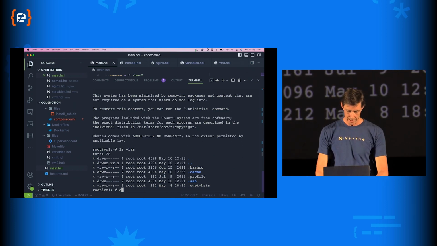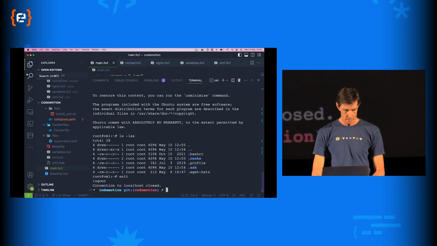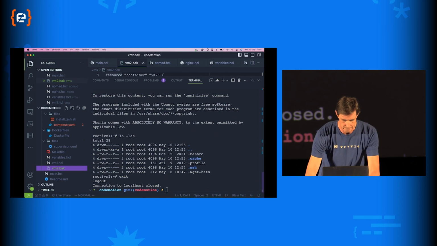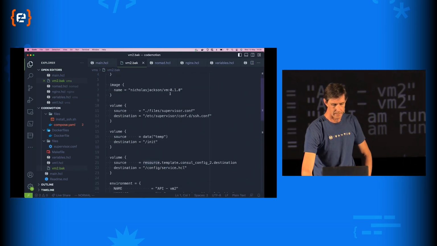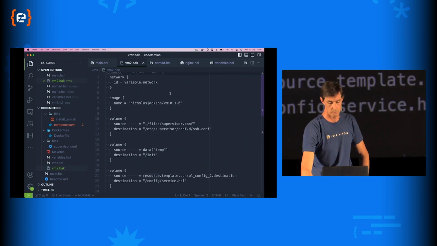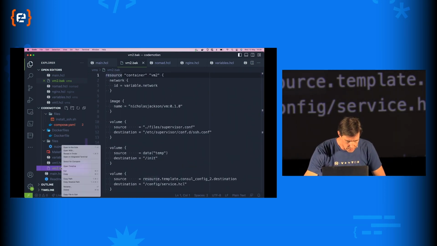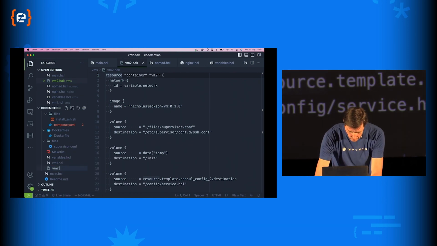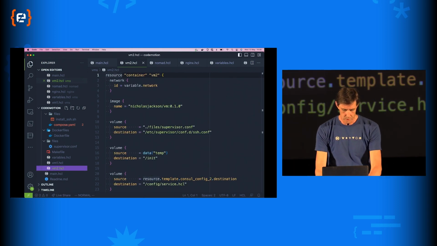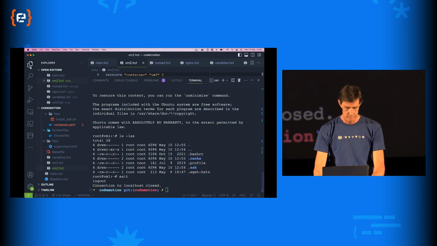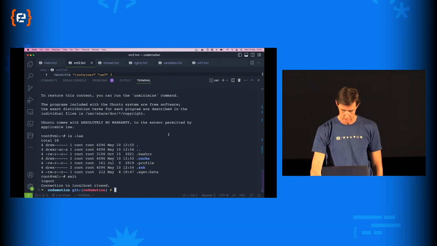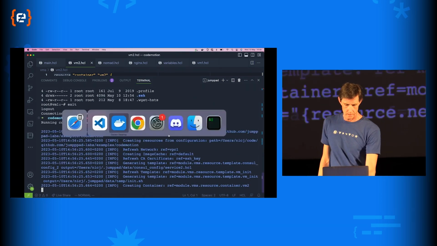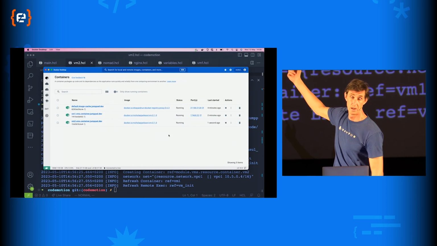Now, what I really want to do is spin up multiple machines. So what I've got here is another file, and this file just contains another virtual machine. So I'm going to rename this, and we're going to run that again, and we're going to then add 2 virtual machines to our estate. So I am going to just JP up, and I'm going to bounce over there, and now I've got 2 virtual machines. So that's pretty quick.